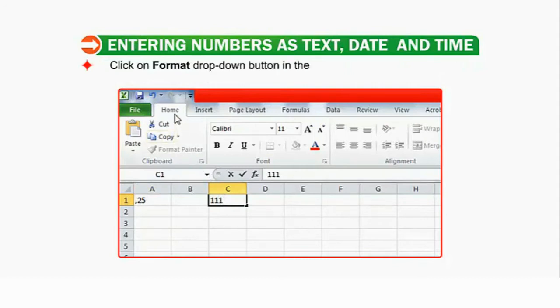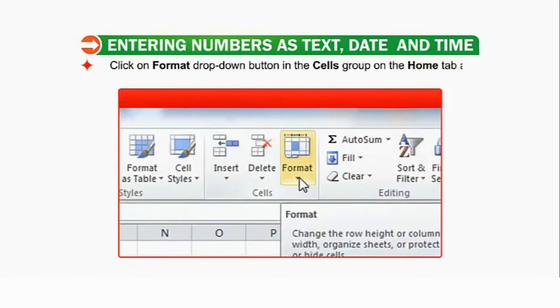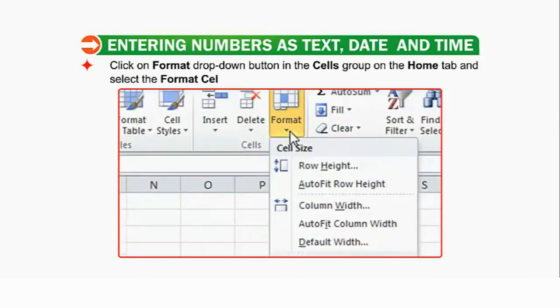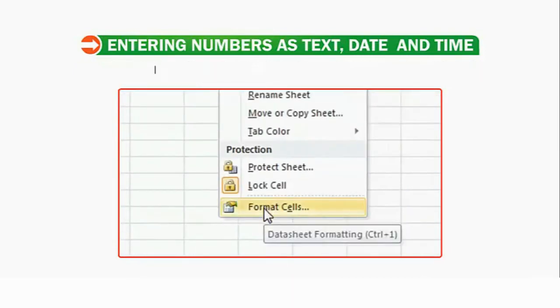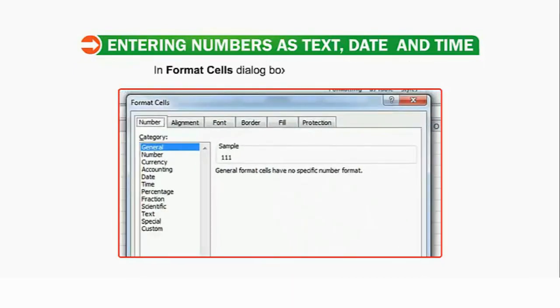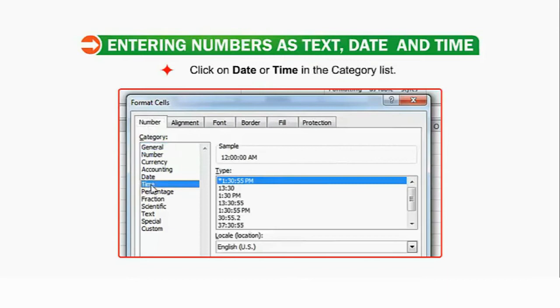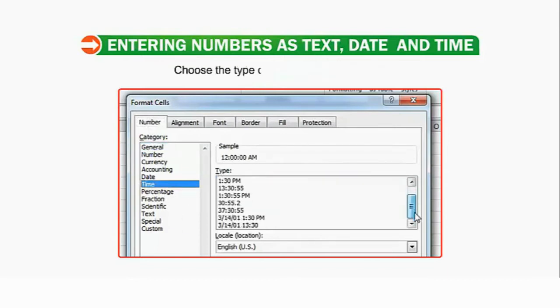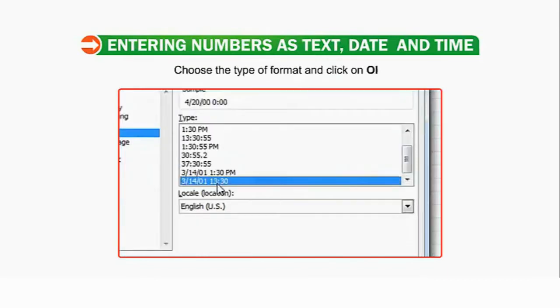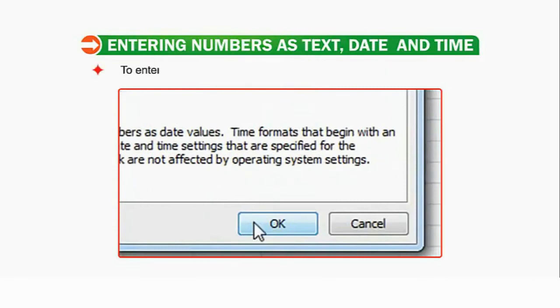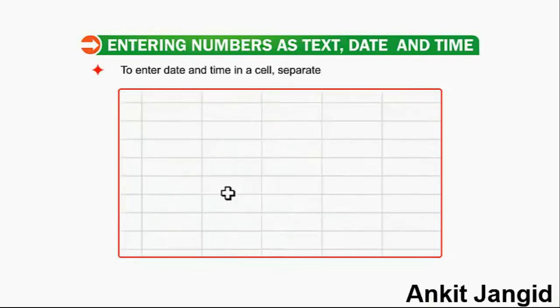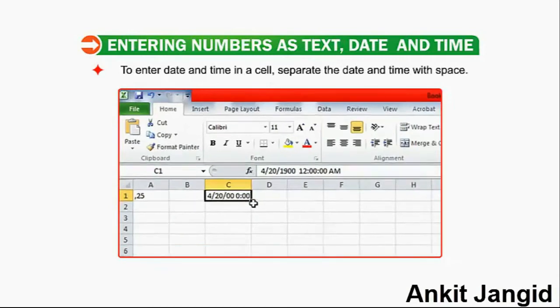Click on the format drop down button in the cells group on the home tab and select the format cells option. In format cells dialog box, select the number tab, click on the date or time in the category list, choose the type of format and click on OK. To enter date and time in a cell, separate the date and time with space.